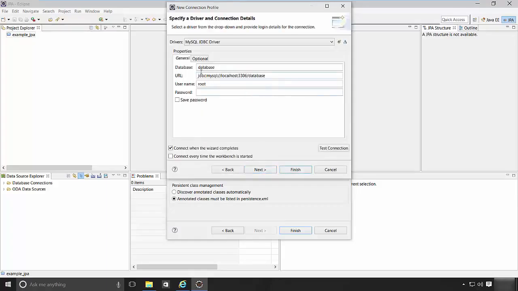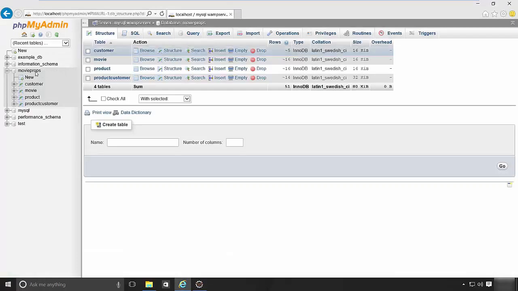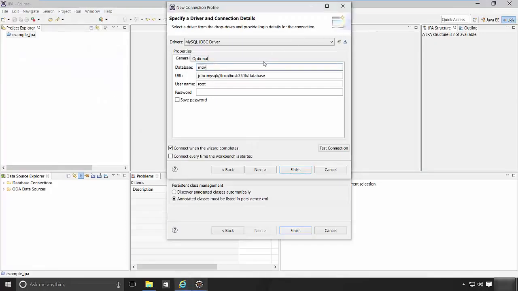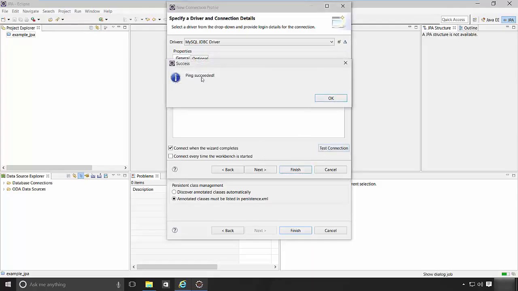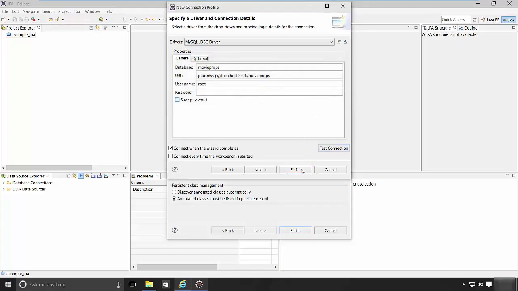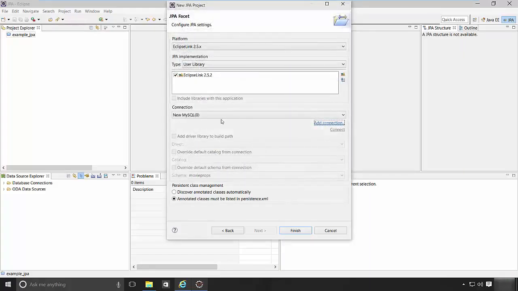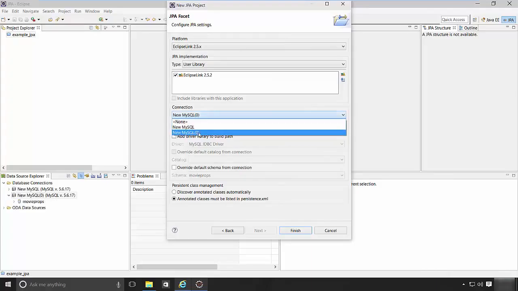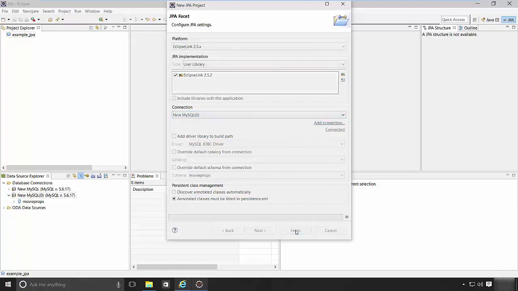Click on next. Here in the database section I'm going to use movie props this time. So movie props, and this section will go the same way, and there is no password. Just click on test connection to see the succeeded message. Click on OK, then click on finish. And as I didn't change the name, a zero in brackets got appended and it's connected. Now click on finish,